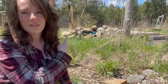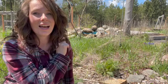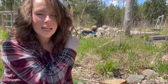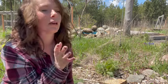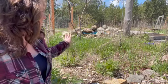So we do have this elderberry back here that we planted and I showed you guys, and I think it's coming up from the bottom, the main stems kind of broke on it. It didn't have a very great root system, so I'm hoping that it still takes off. I do have some spearmint, and I have lots of little